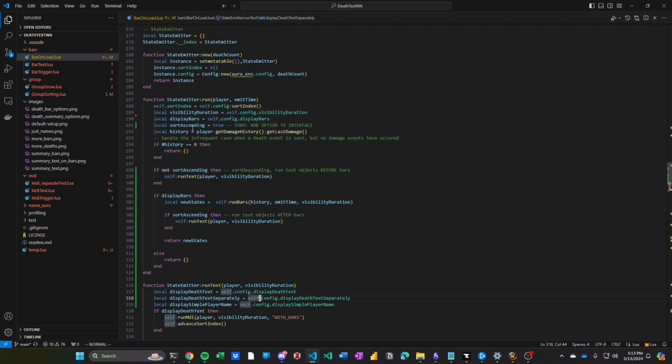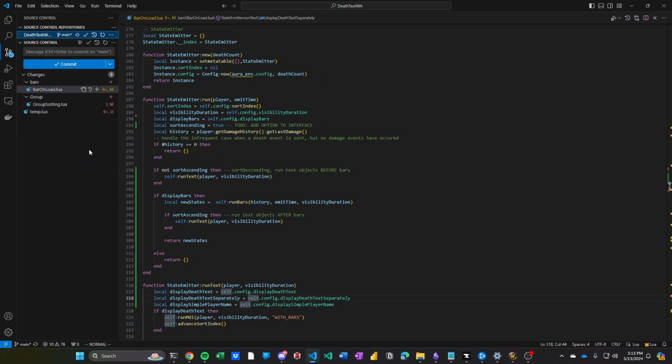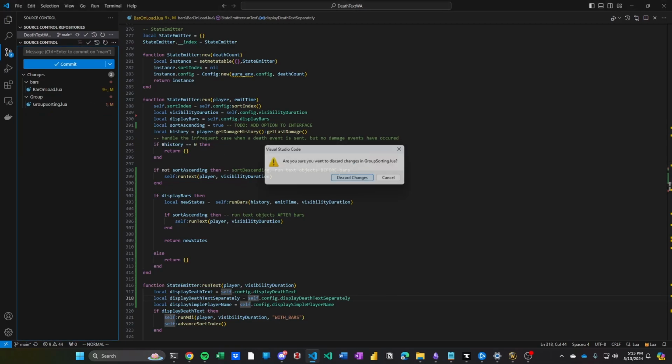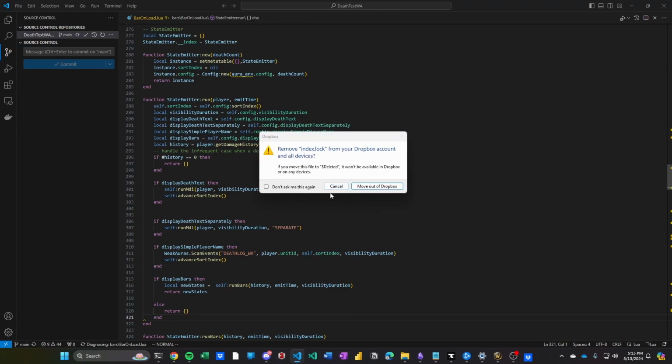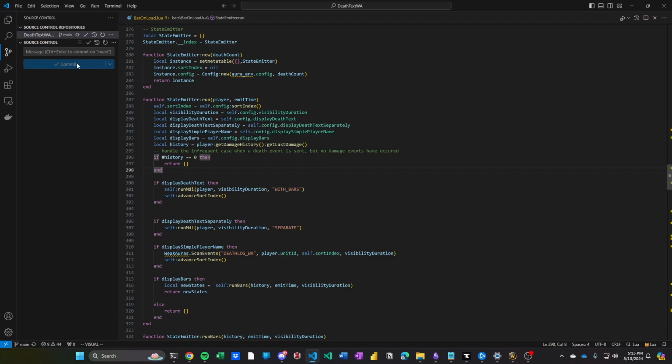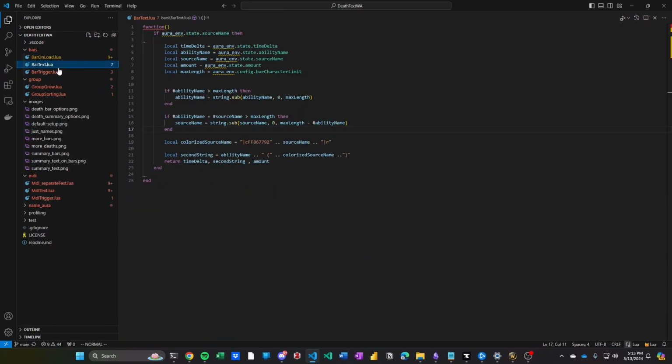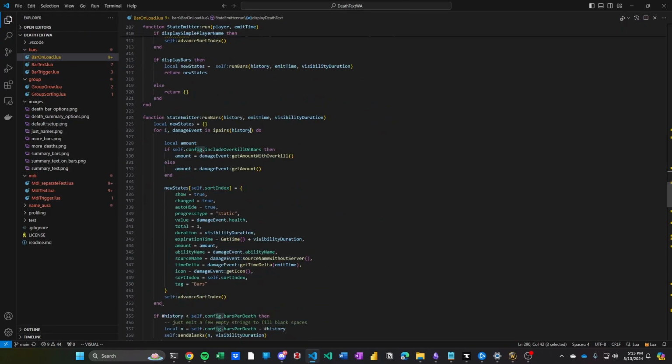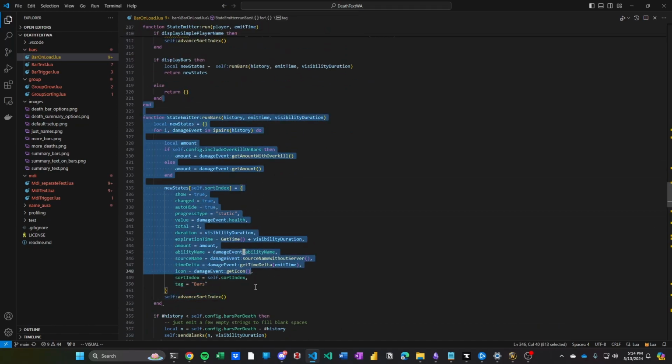Okay, let's revert all this. Discard changes, and discard changes. That's fine. Okay. So I think I discovered a much better way of doing this. Well, I didn't think of this before. So basically,